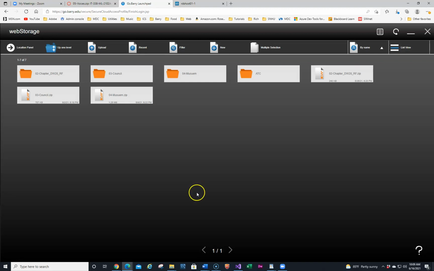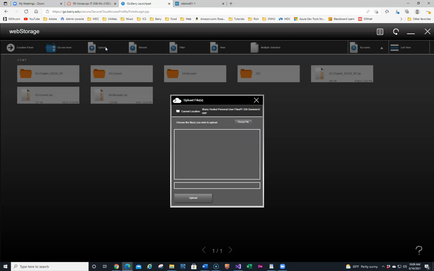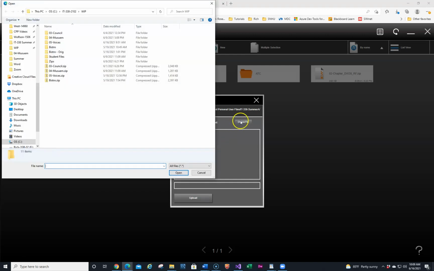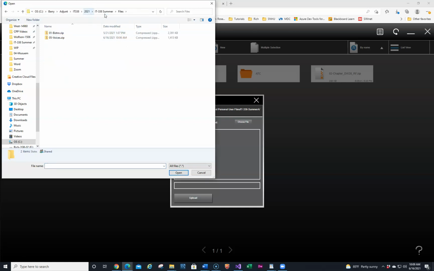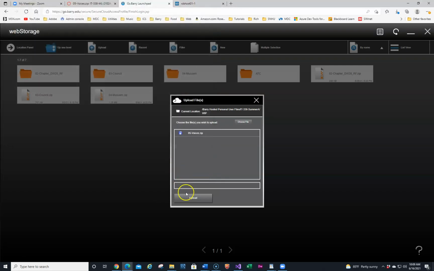So what we're going to do is upload a file. Just click on upload, and then I'm going to choose the file, and then go into the directory where I have it. And we're going to do the Voices, and we're going to open that one up and upload it. The fact that I had to delete these folders is your proof that I actually do these things at a time to make sure that I'm totally familiar with them, so that if you have any questions, I can answer them for you as best as I can. So let's click on upload,